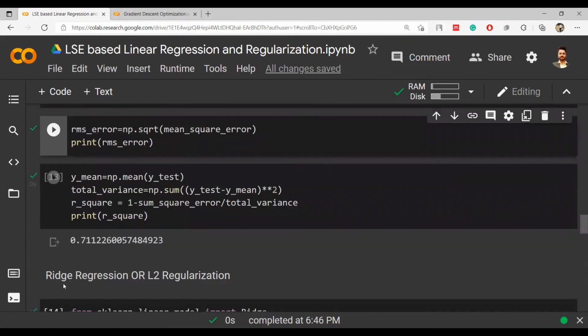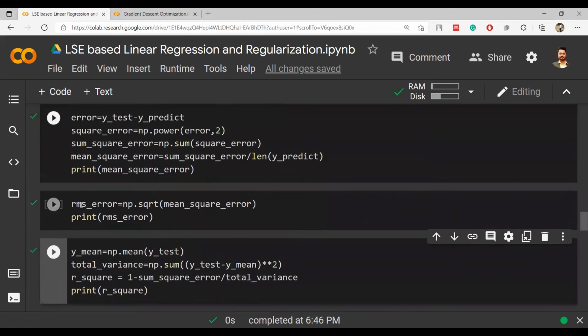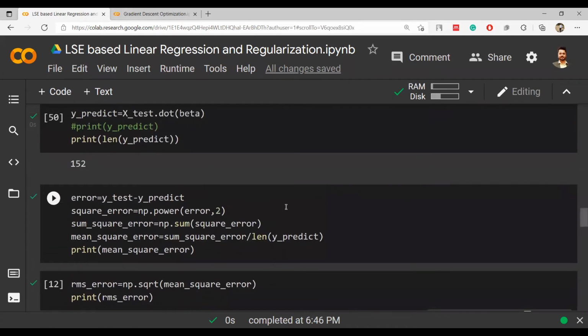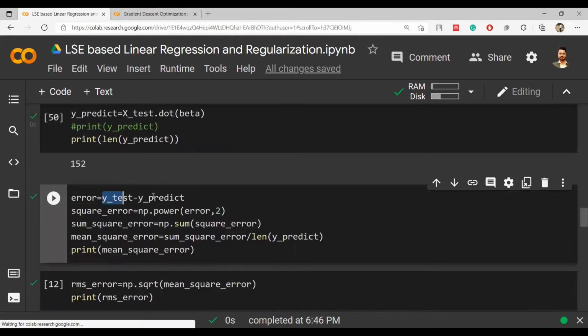ठीक है, अब इसमें आई हैव टू डिस्कस दिस थिंग इन द लेक्चर, बट यहाँ पे अब आ ही गए हैं तो आई विल डिस्कस दीज 1 or 2 थिंग्स। In fact you already know how to calculate the mean square error। मैंने आपको उस दिन क्लास में भी बताया था कि आप मीन स्क्वायर एरर कैसे निकालोगे, एंड इट इज क्वाइट सिंपल। अब देख लो यहाँ पे हो क्या रहा है, वी आर एक्चुअली डूइंग द सब्ट्रैक्शन ऑफ टू एरेज, वाई टेस्ट माइनस वाई प्रिडिक्ट, ये अपने आप में दोनों एरे हैं, और दो एरेज का सब्ट्रैक्ट करोगे तो वो एक एरे ही देगा।